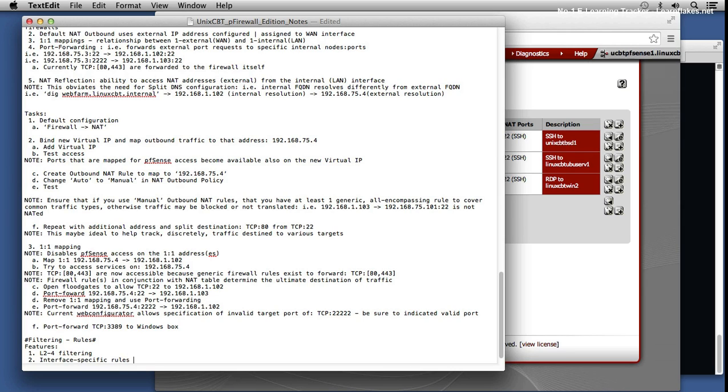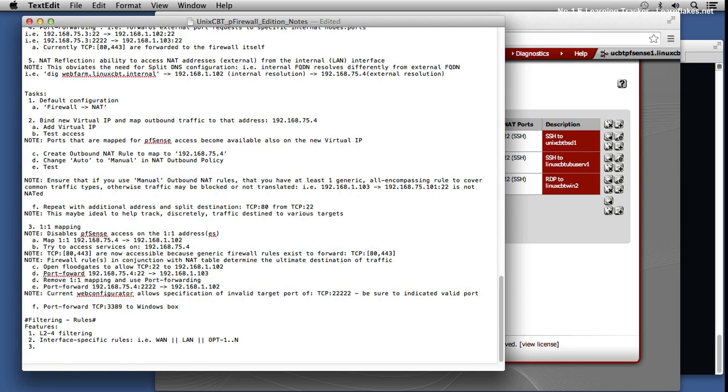So for example, perhaps attached to the WAN or LAN or other, such as the optional interfaces, etc. So you can tie your rules to the appropriate interfaces, determining the flow of traffic. So on the WAN interface, perhaps you allow specific ports: SSH, and other common ports, RDP, HTTP, DNS, IPsec, other VPN-related rules, etc. Those would be considered interface-specific rules, which apply to traffic in a particular direction, so